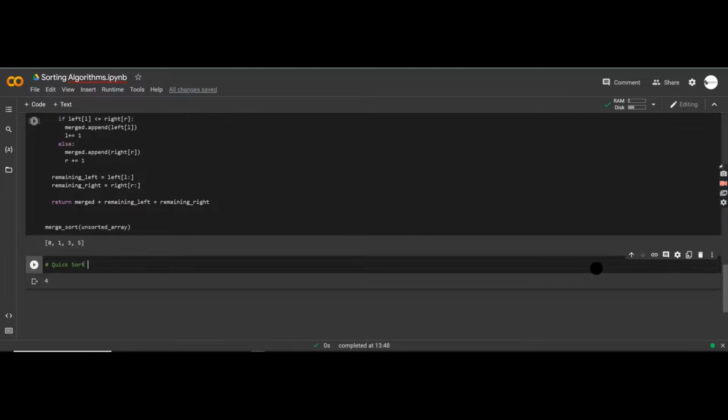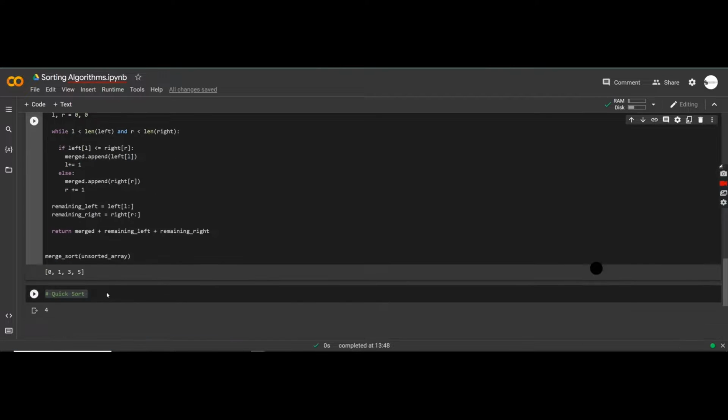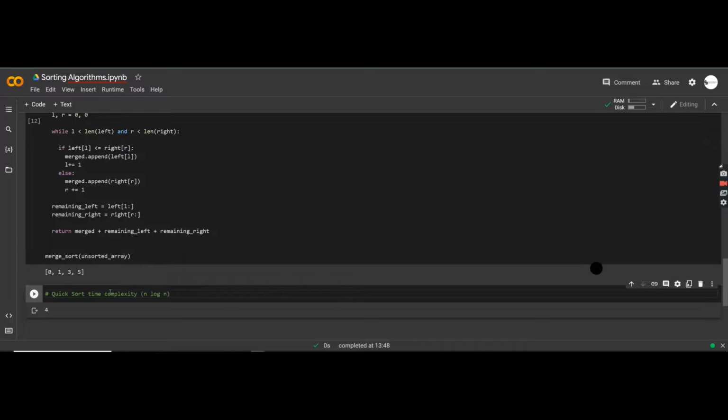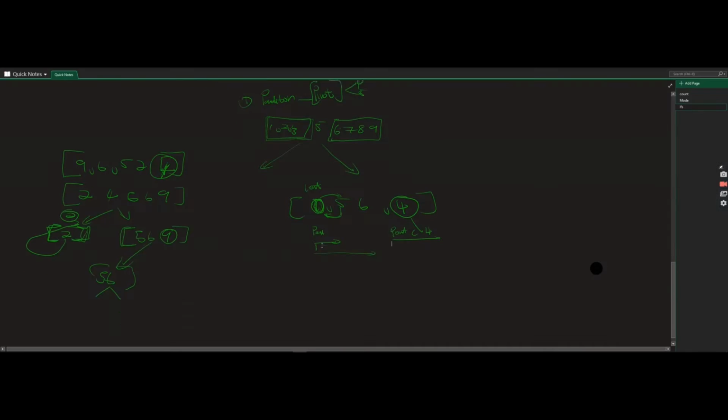With quicksort, we say we don't need extra memory. We can do this in place while we still maintain the time complexity of n log n, so the space complexity here is definitely O of 1. Let's just warp to the whiteboard and try to understand the concept behind